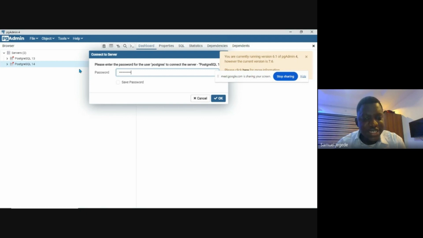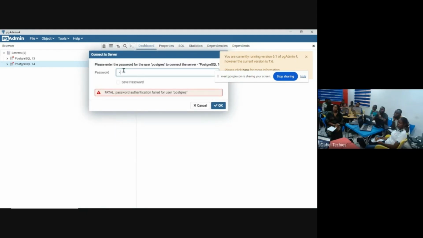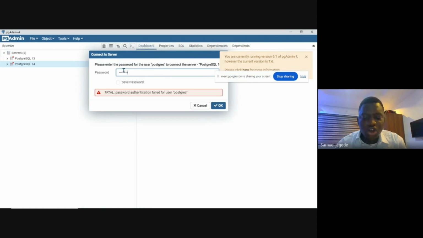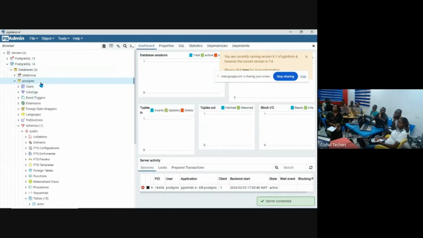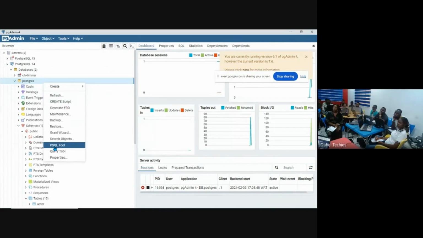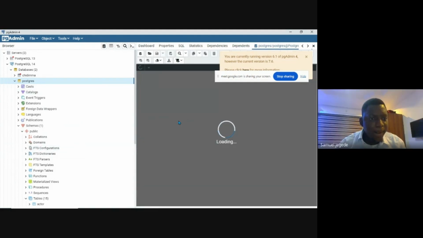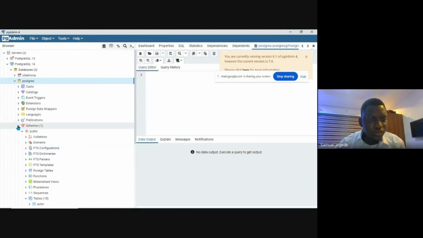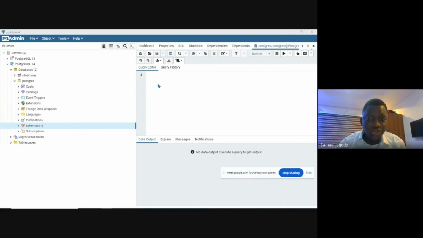So this is a relational database management system, RDBMS, called pgAdmin, Postgre admin. This is the Postgres query tool. So this is where I want to write my query.